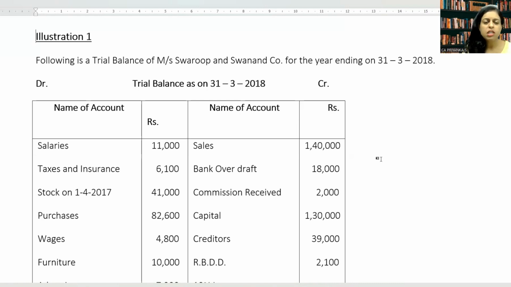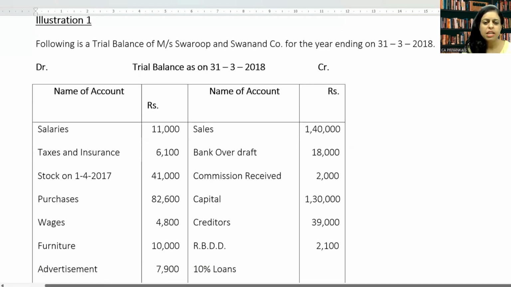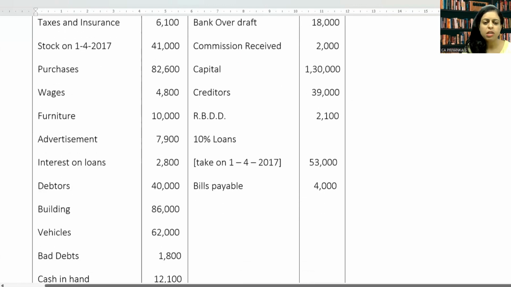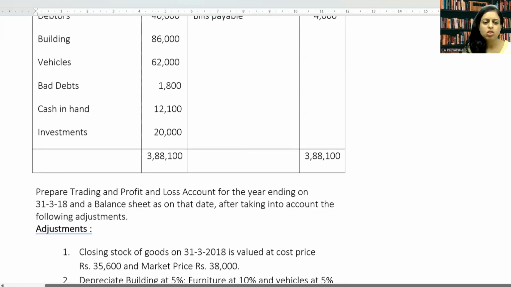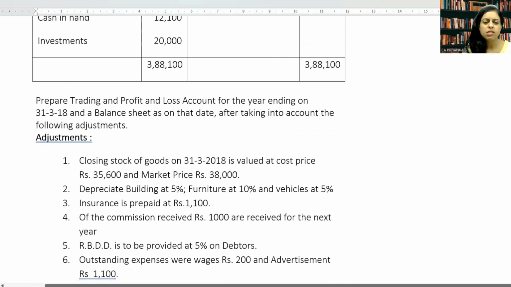The first thing you need to remember when you're preparing the final accounts is that you have been given the trial balance and you would also be given adjustment entries. At the end, even in this question, you will find that you are given some adjustment entries. Here it's given as adjustments, and these are the adjustment entries which you need to give